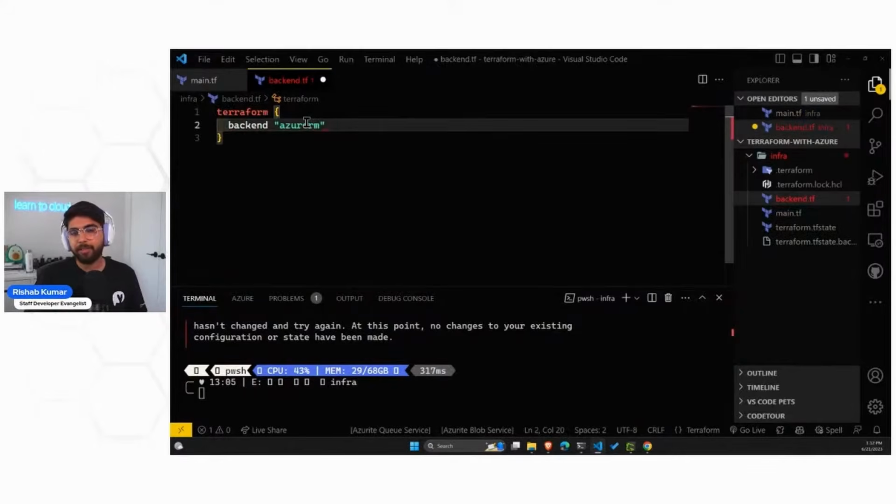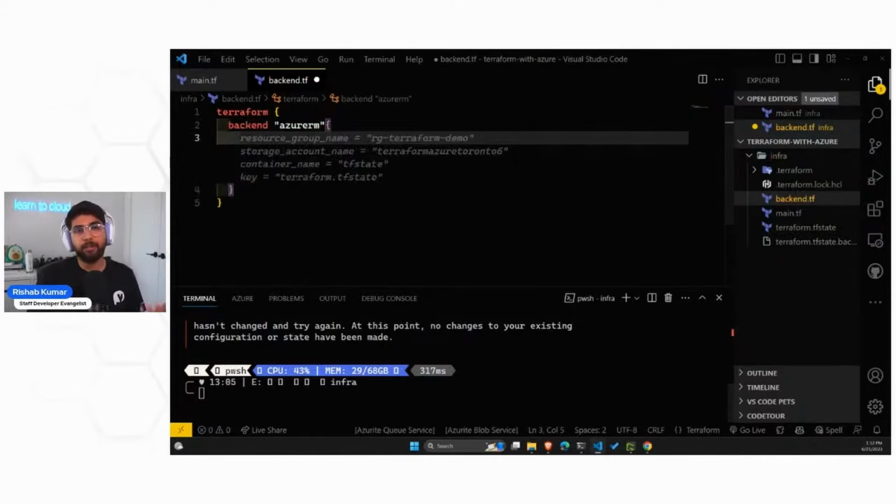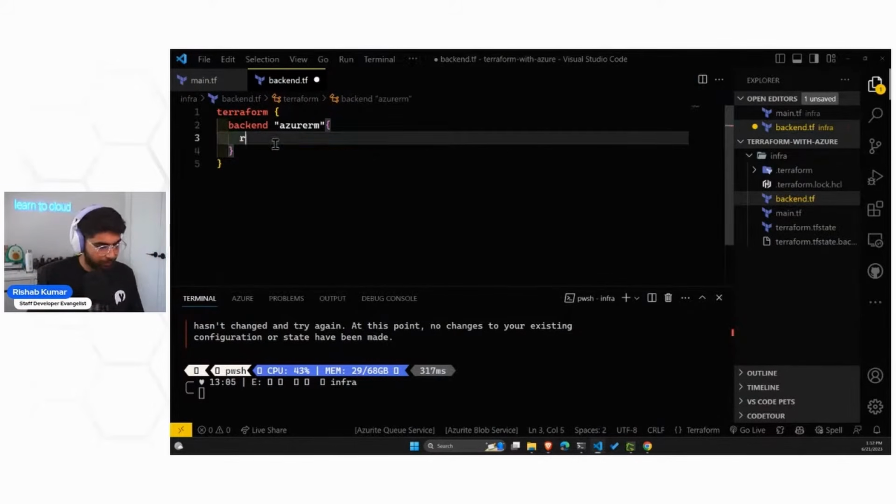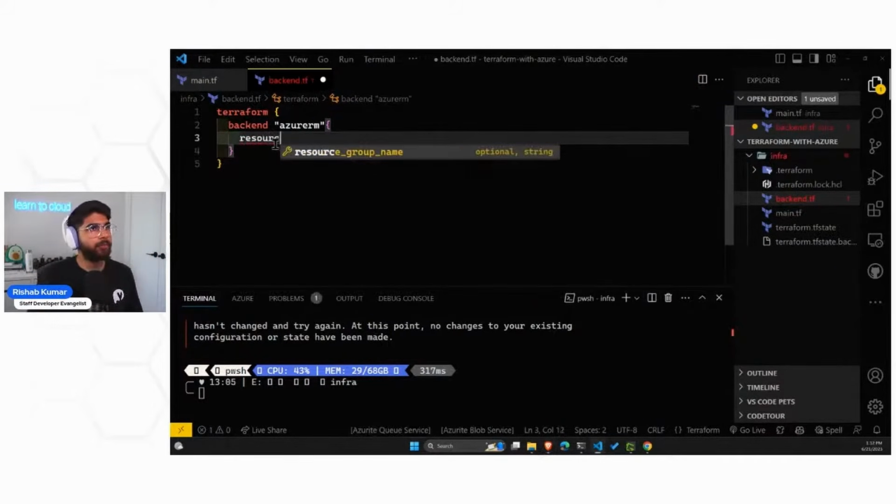So Azure RM is the backend that we'll be using. And then there are a few things that you have to specify, like the resource group, the storage account name, the container name, and what the key of the file will be where this terraform.tfstate will be stored. The resource group name